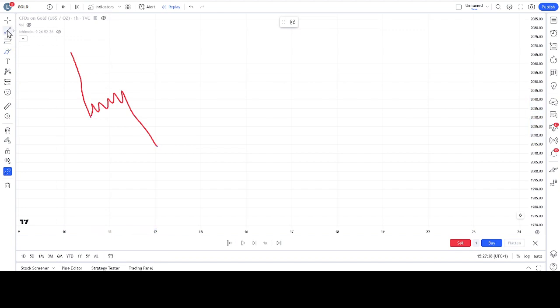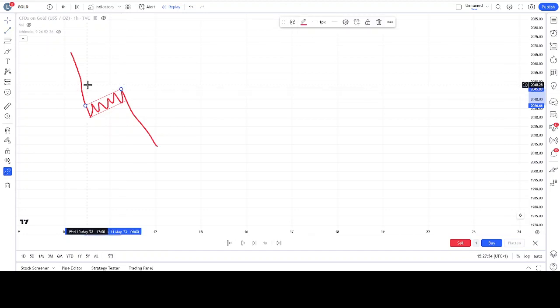Now let me draw some trend lines here. So this is one trend line, which is the lower trend line, and this is another trend line here, which is the upper trend line. Now the upper trend line acts as a resistance, and the lower acts as a support for this consolidation zone. And when this breakdown happens, we see the support has been broken, and the price action moves